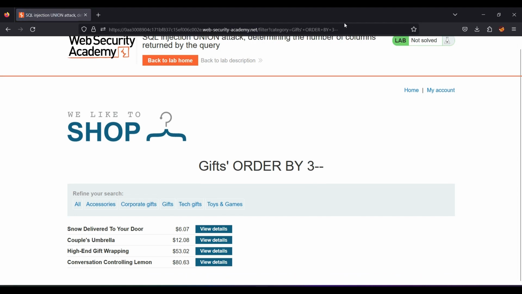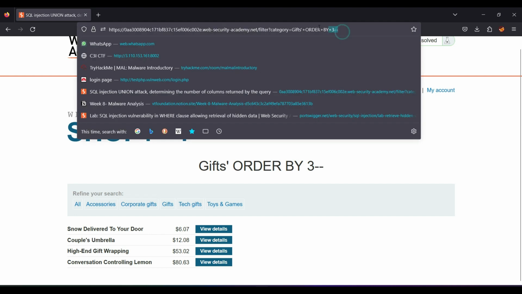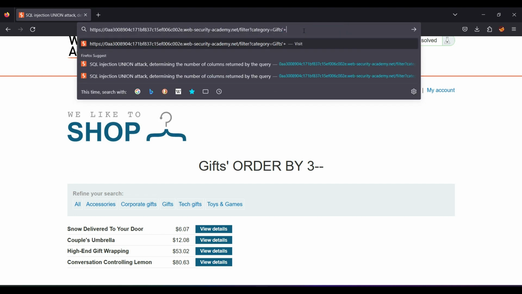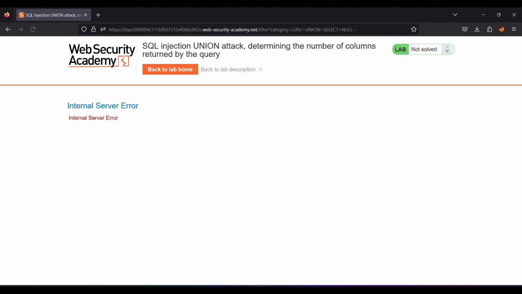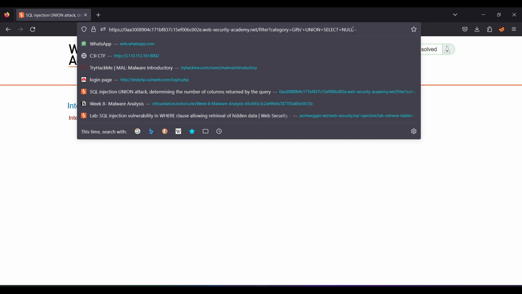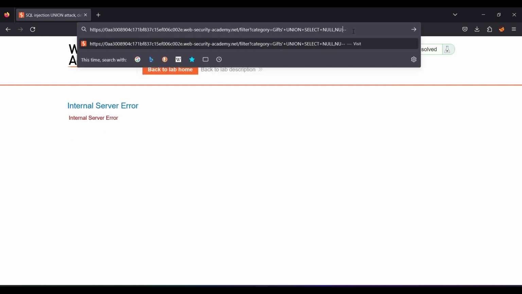Okay, now let me try the other payload, which is the UNION one. Enter. No, there is an error. Now I'm entering another NULL.